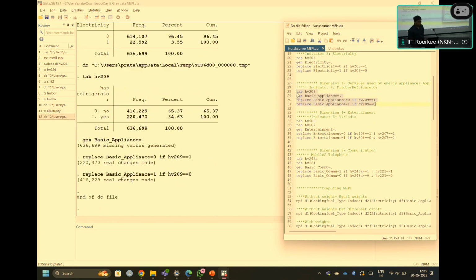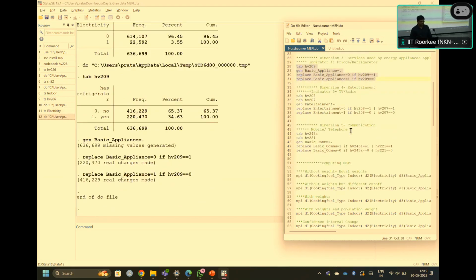All right, so this is what I've done, and then dimension number 4. It's related to entertainment, how energy is accessed, and one of the sources. These are all using different literature, most importantly NASPAM paper suggestions we have used here for entertainment.